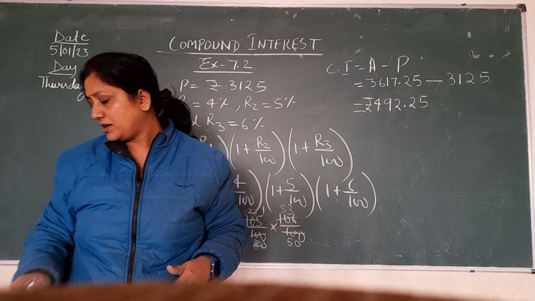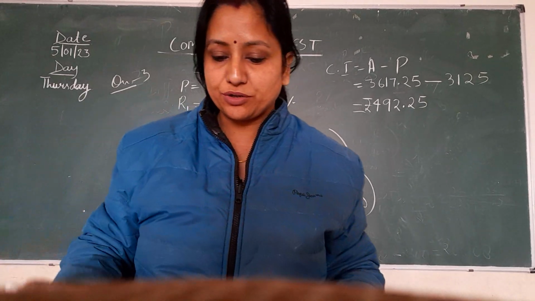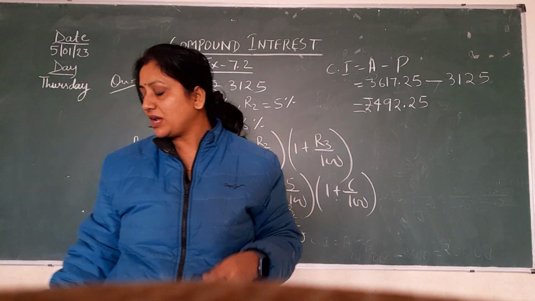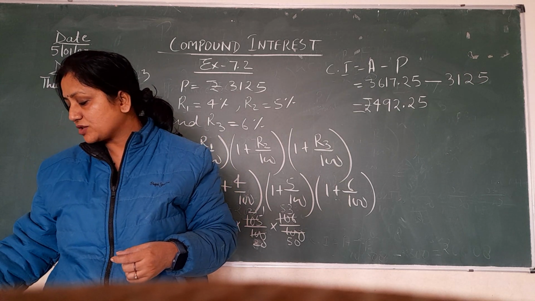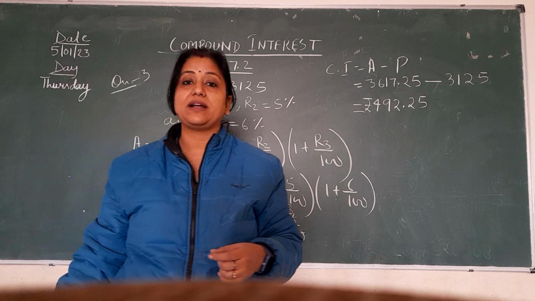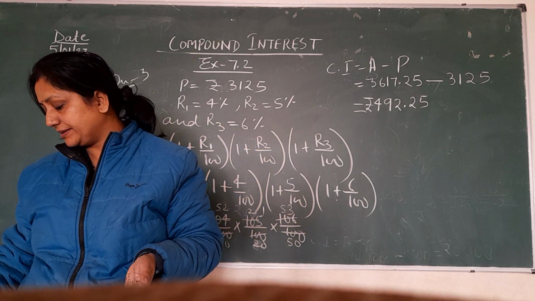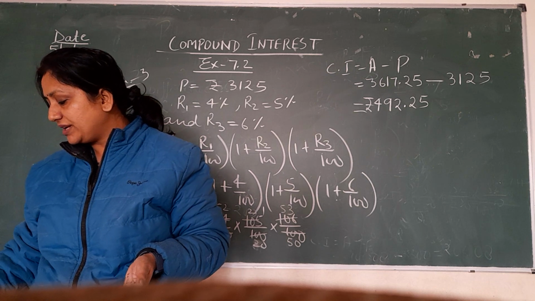Okay. Now I am going to give you one question also. Today I am only going to explain it, and you will try it on your own. In question number 4, Kamla borrowed rupees 26,400 from a bank to buy a scooter at a rate of 15% per annum compounded yearly. What amount will she pay at the end of 2 years and 4 months?